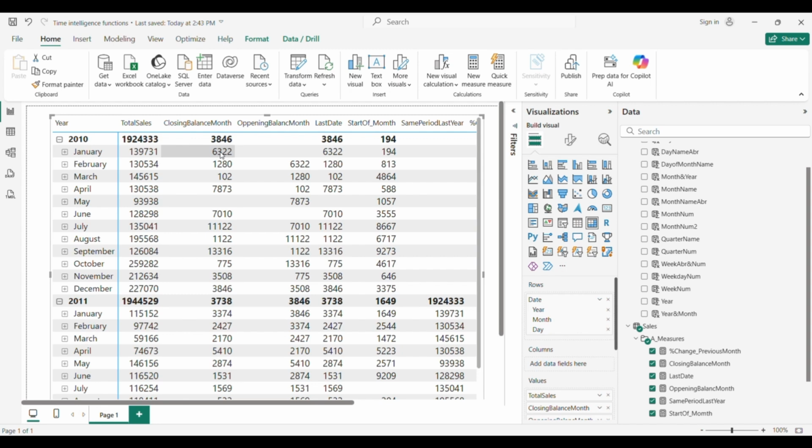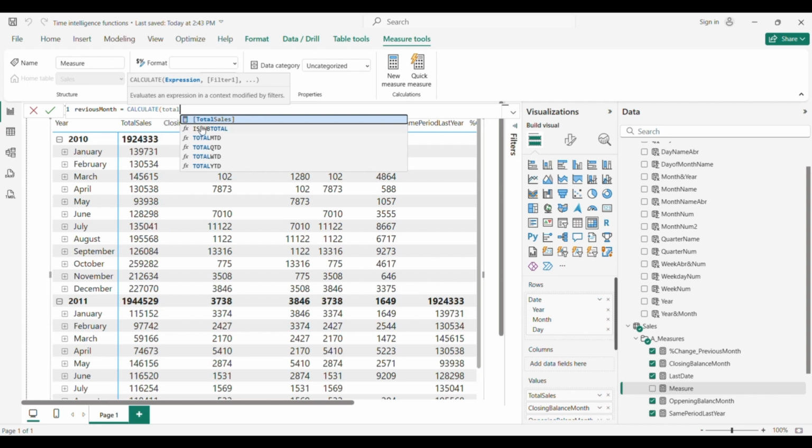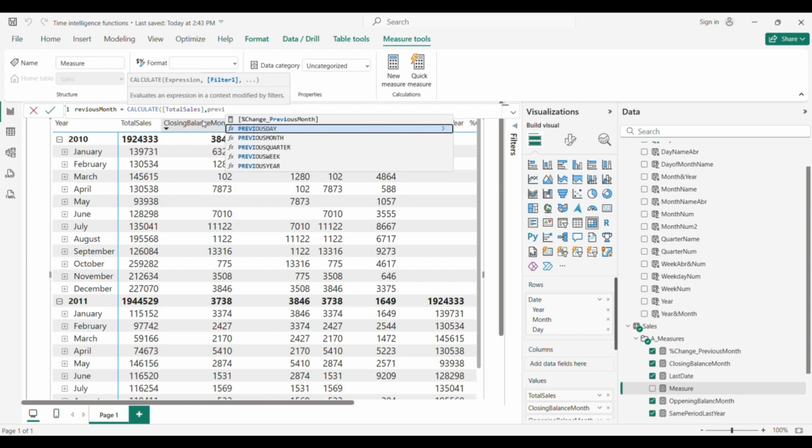We can also use the previous month function, and that is similar to DATEADD. So let's just do it. Previous month, and we start with CALCULATE total sales, and just add the measure previous month.